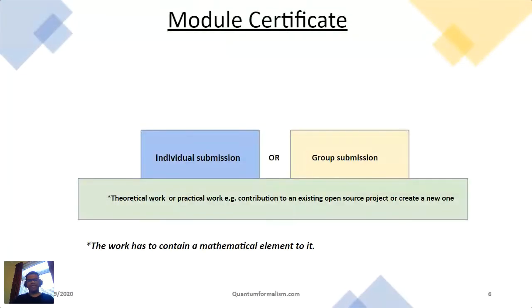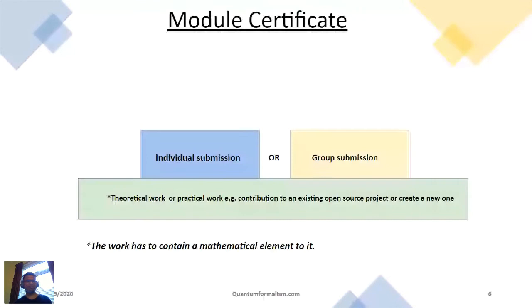A lot of you have been emailing us about certification and completion. It's not easy, and we thought a lot about it: how can we issue something to reward you for the efforts that you go through? As it stands, we think the best way for both sides is probably through a submission of work.